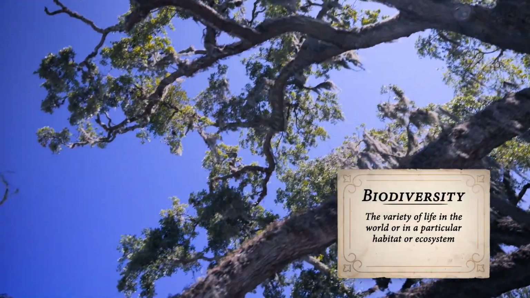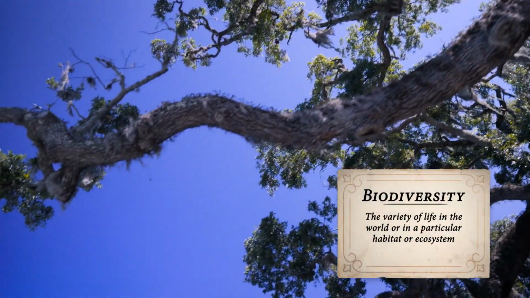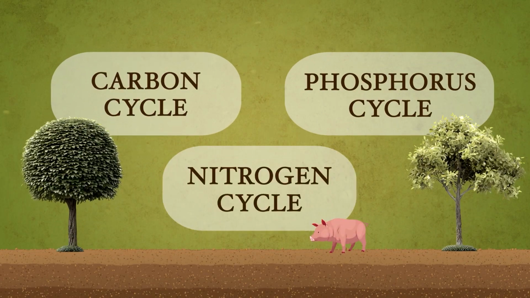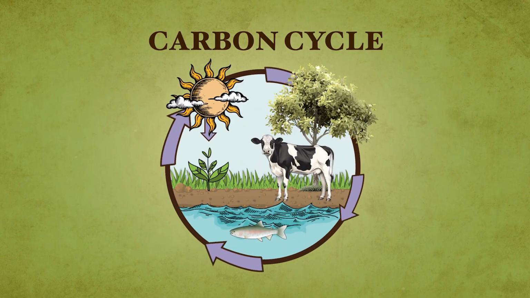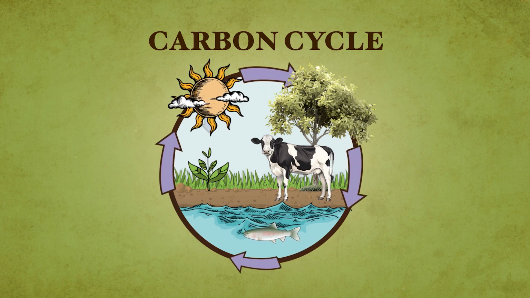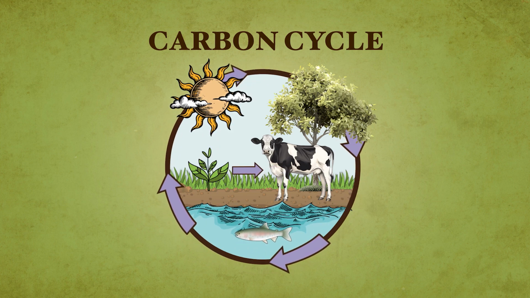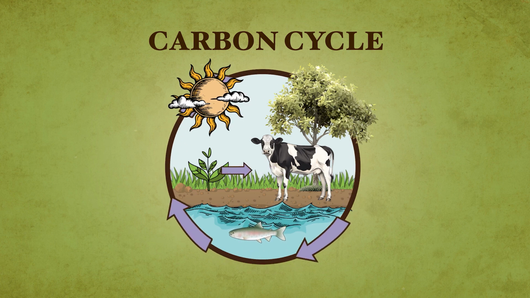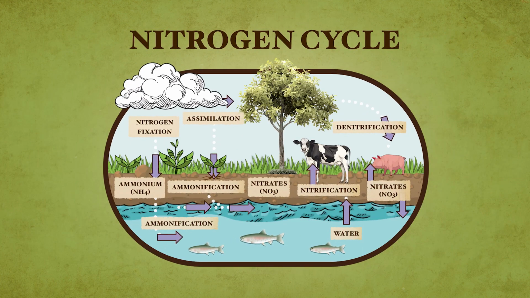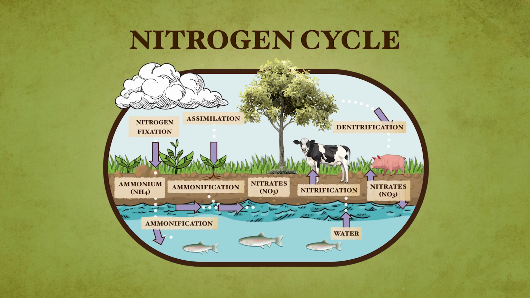The three major elements that biological organisms need are going to be carbon, phosphorus, and nitrogen. Carbon is acquired through photosynthesis, so plants are absorbing this carbon. Then you have the primary consumers that are going to eat the plant, so that's how it moves through the food chain. Then you have the nitrogen cycle, which is really important for protein synthesis, and the only way that we're able to really harness it is through nitrogen-fixing bacteria.